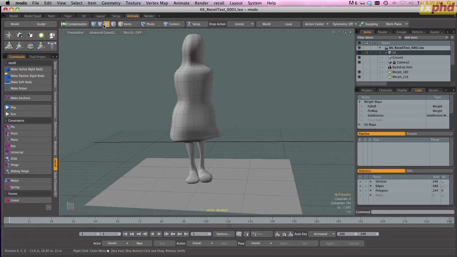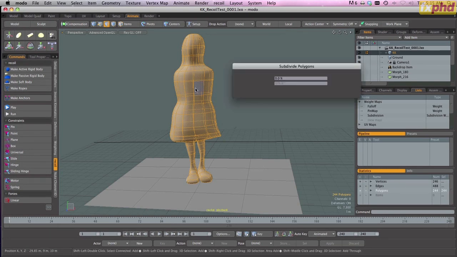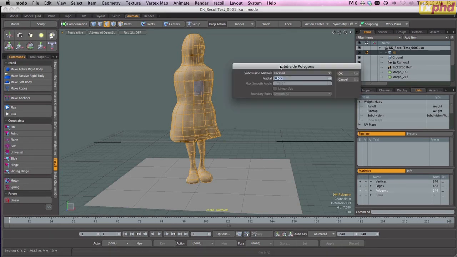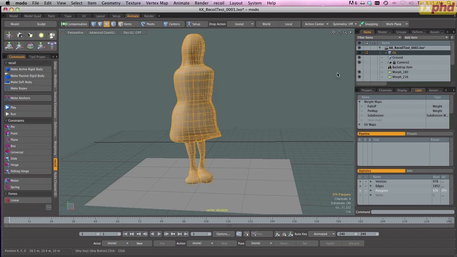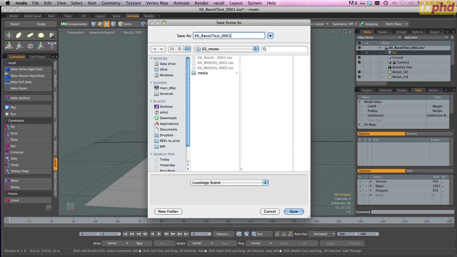Just these three guys up here. So I'll select this one, polygon, select a couple of polygons, right bracket to select them all, Shift D for subdivide, and I'll choose an SDS subdivide, click on OK, and now we subdivide a little bit more, and I will version up to version 2,